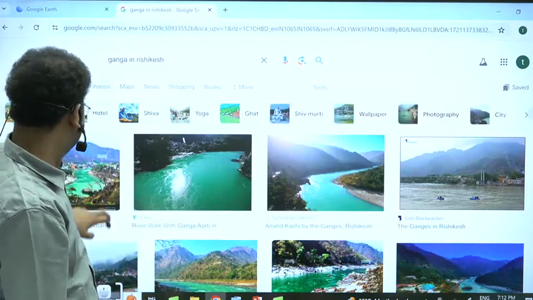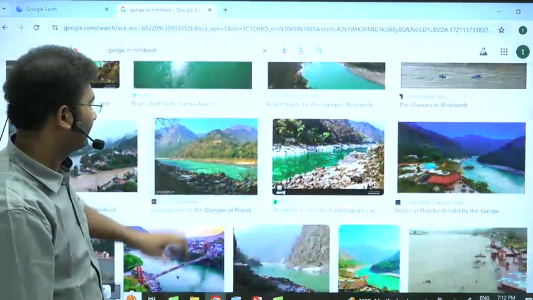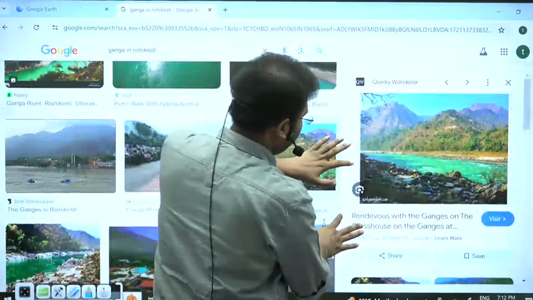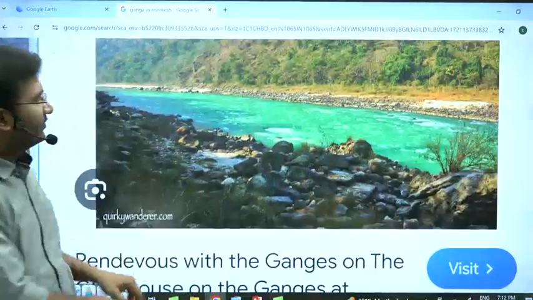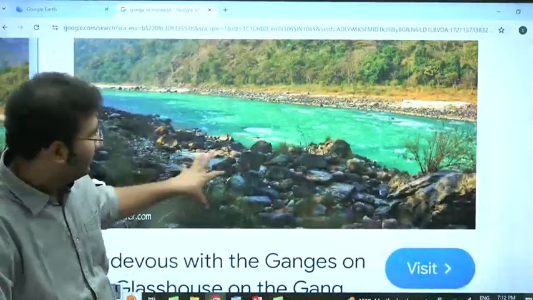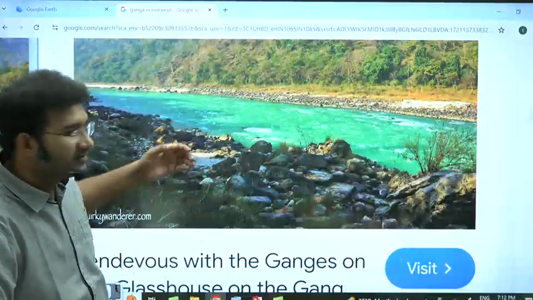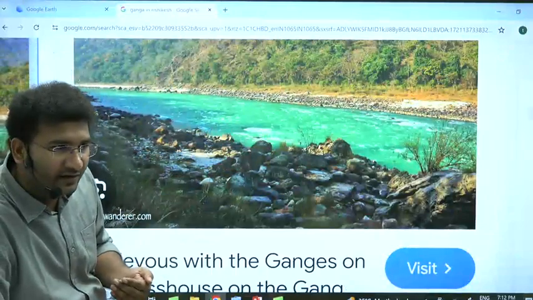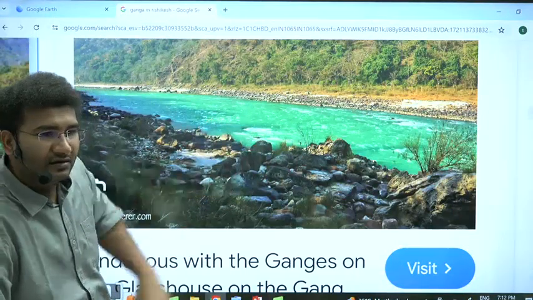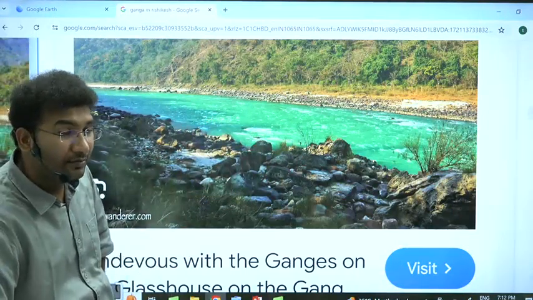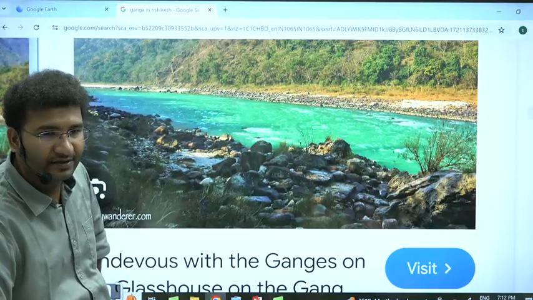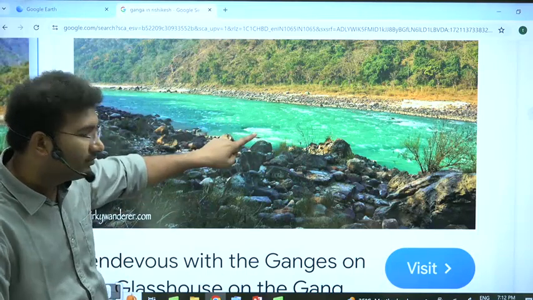So look at this. The river is flowing at a lower rate, and then boulders are there. If a person is moving, watching from a faraway area, it feels that this is how it is. This is the Babbar area. ठीक है, BHA be here. But the same river Ganga,